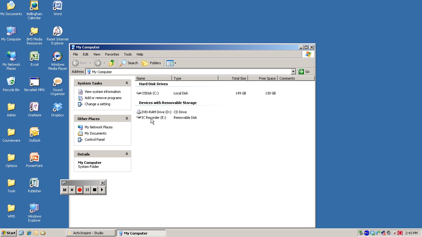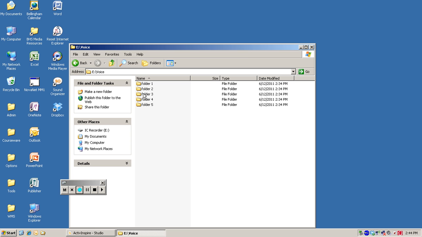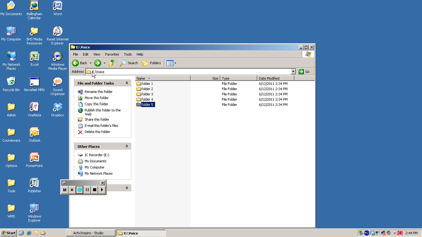Now, I'm assuming here that you have the tape recorder plugged in. So here's a drive that says IC Recorder. Okay, and I know that's what it says when you plug your tape recorder in. So that's what I'm going to open up. So I double click, and we're just going to worry about the folder called Voice, because I think that's what yours says. So when I double click on Voice, up come 5 folders. For right now, we're just worried about folder number 1. So there's no reason for me to go into these other folders. They're actually empty. So let's look in folder number 5. There's nothing there. But if I go to folder number 1,